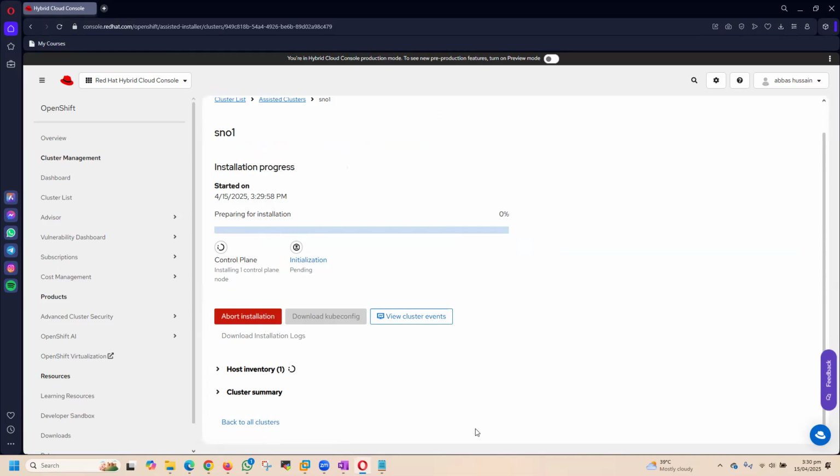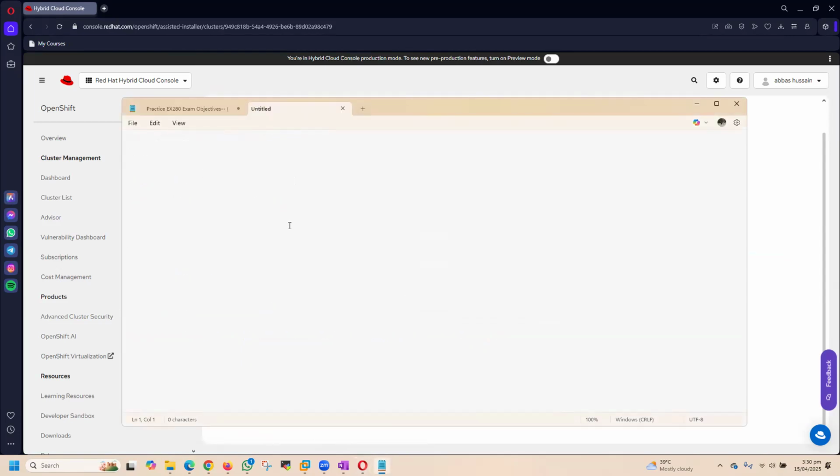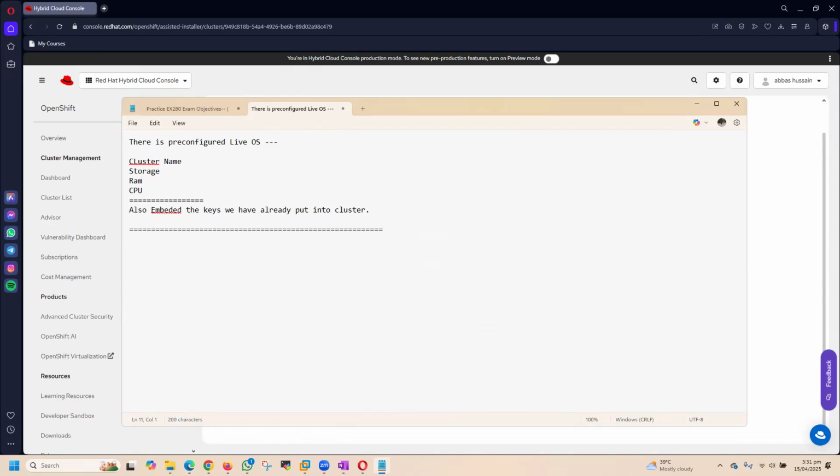So what actually is happening behind the scenes? There is a pre-configured live OS which contains the cluster name that we have given, storage, RAM, CPU configurations, meaning VM information, and also embedded the keys we have already put into the cluster. After these settings, the ISO was created. We have downloaded the ISO and booted it up,